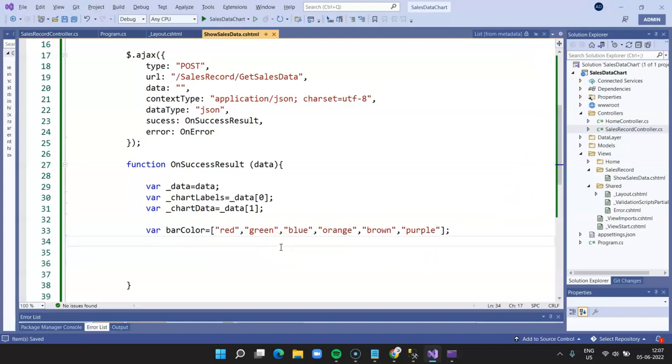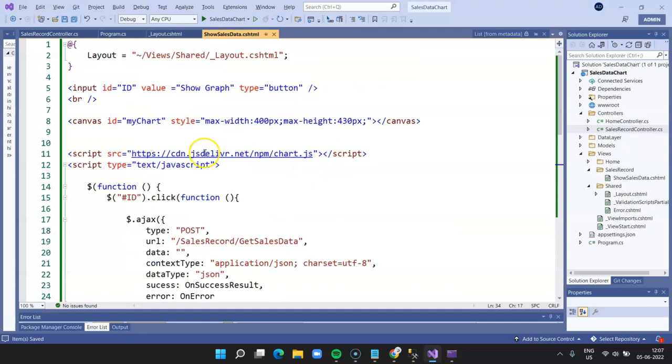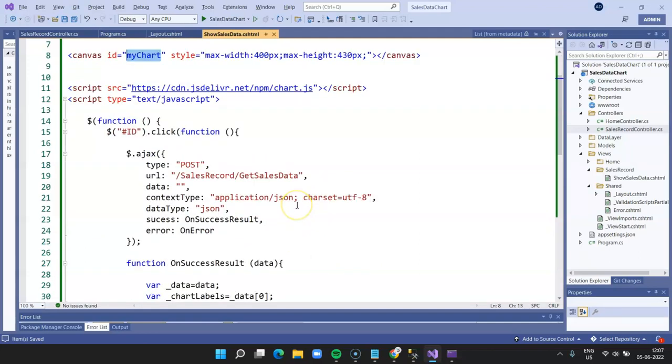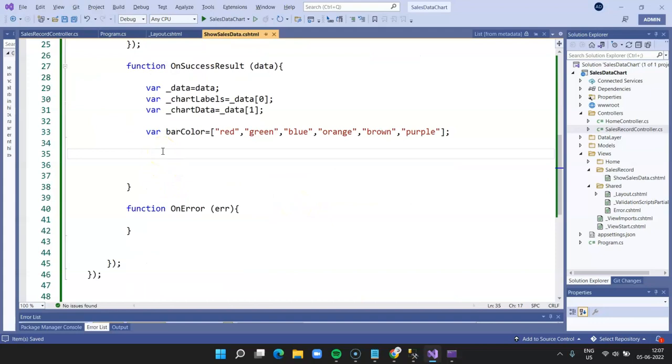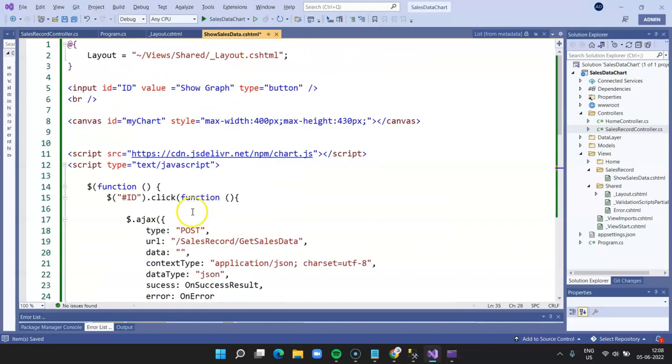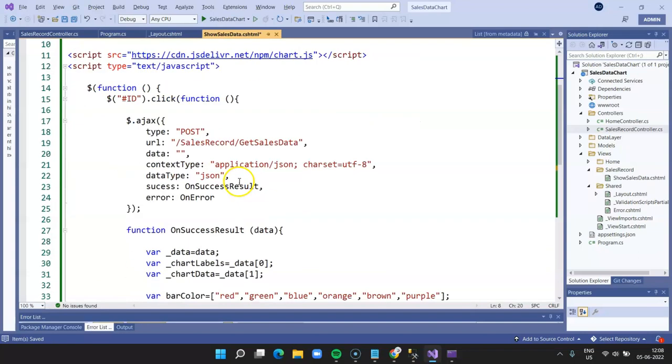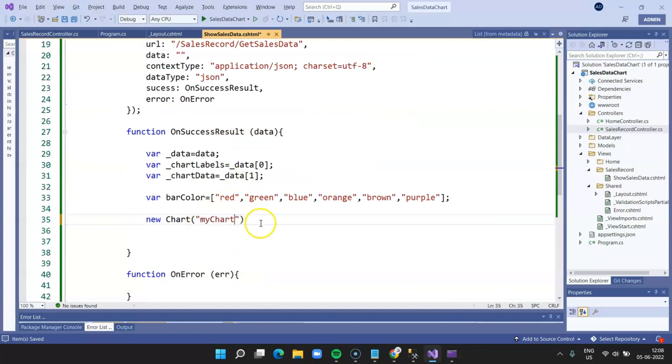Now let's go ahead and create the actual code for generating the chart. So we have a canvas ID called my chart. We are going to create an instance. So new chart, and we are going to pass this ID which we created, which will render the graph. And now we say comma, enter,